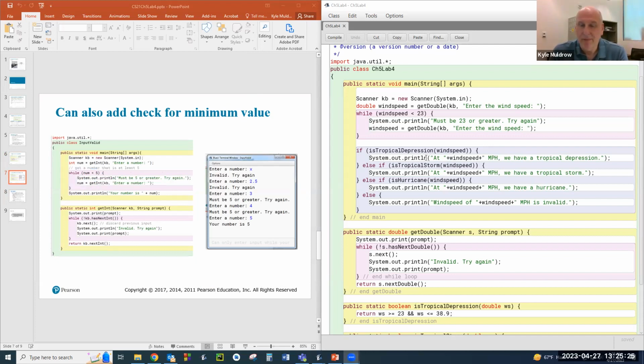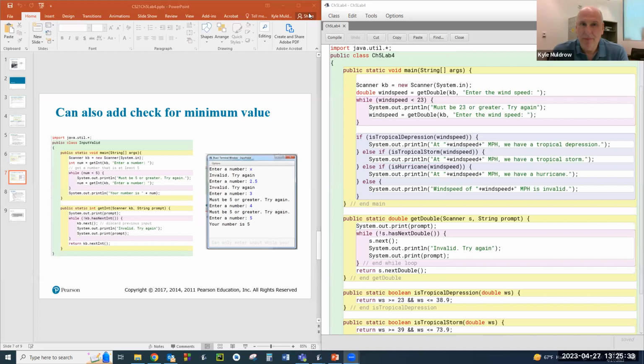Now over here in my code, here's my wind speed program that I used before. Now the wind speed variable is of type double. So I have created a getDouble method that will make sure if the user doesn't enter a double or something that can't go into a double variable, they'll see an error message and have to enter it again. I also want to be sure I get a wind speed that's at least 23 miles an hour. So if I run this program,